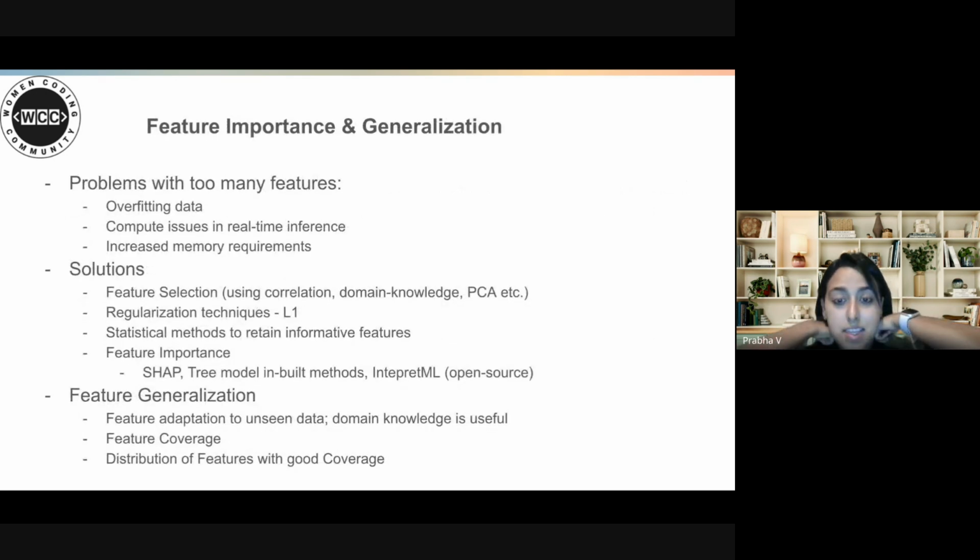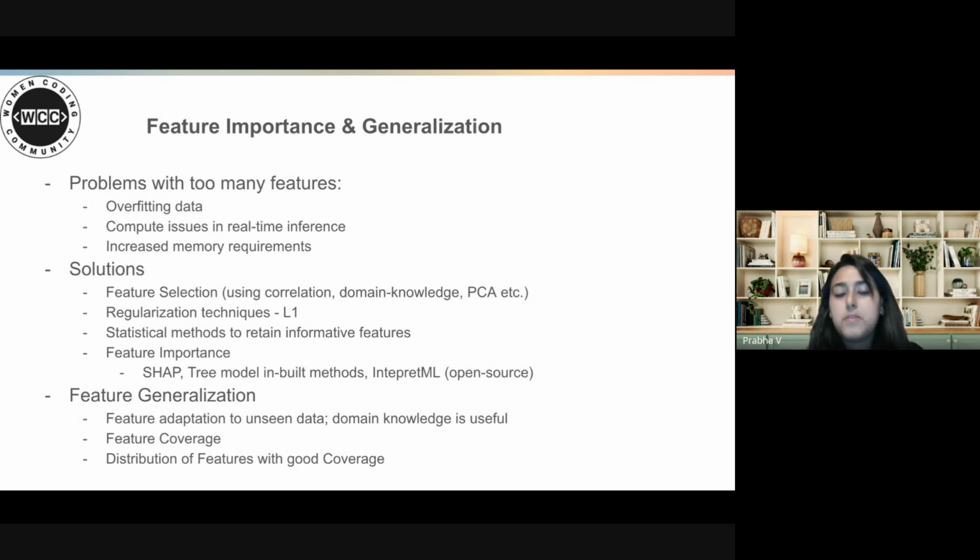Yeah, and then finally we come down to understanding feature importance and generalizability of the features to unseen data sets. The problems with having too many features are issues with real-time inference, since more compute and memory is needed to create these new features and get an outcome from the models.